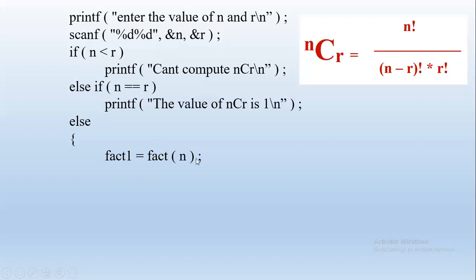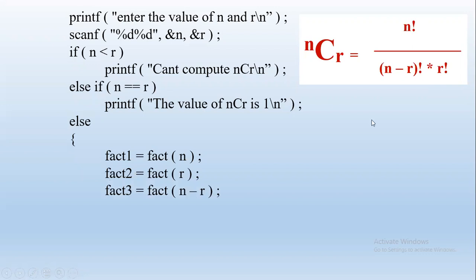When we have a 100 function calls, it becomes a lot. So 300 lines reduced to 100 lines, you may imagine. So program length also depends, and it will help in the memory. Okay, so here we have reduced the code. Then next, fact 2 is fact of r. So say 3, here we passed r. So fact of 3 is nothing but 3 into 2 into 1. So fact 2 value will be 6.